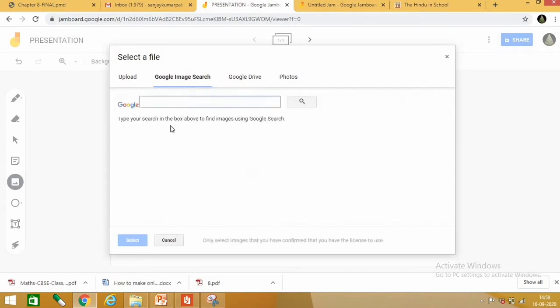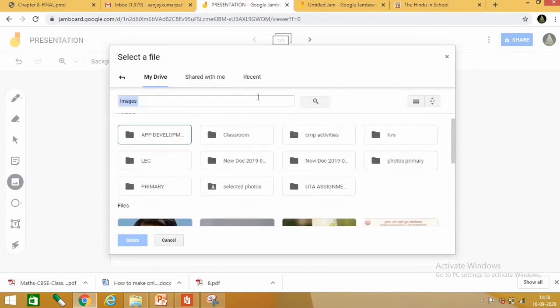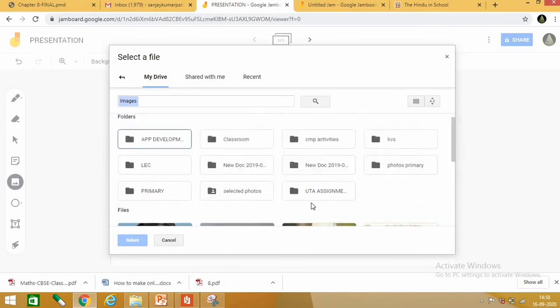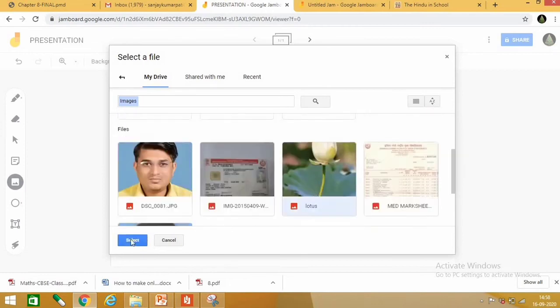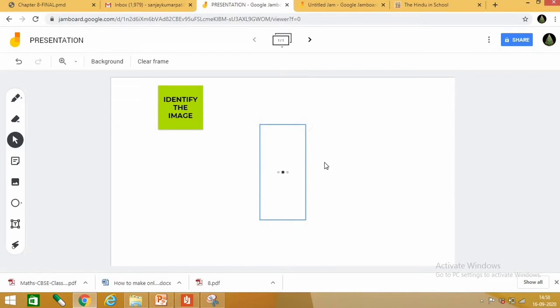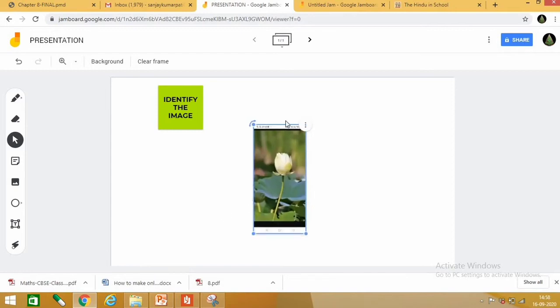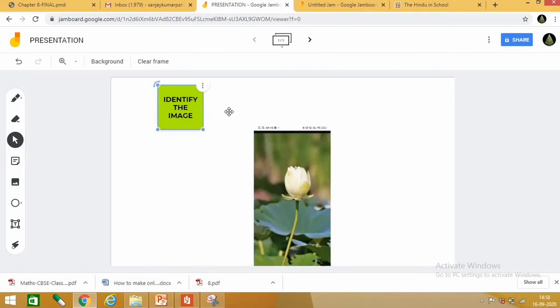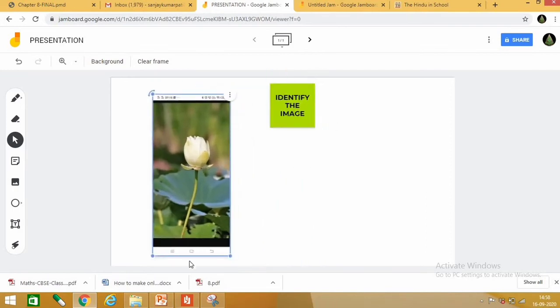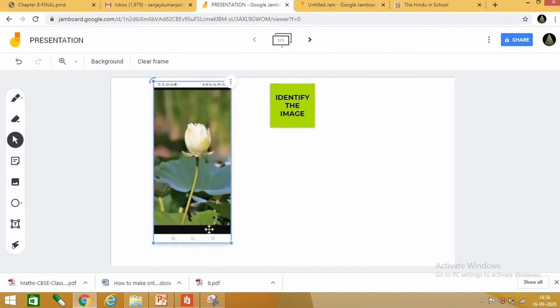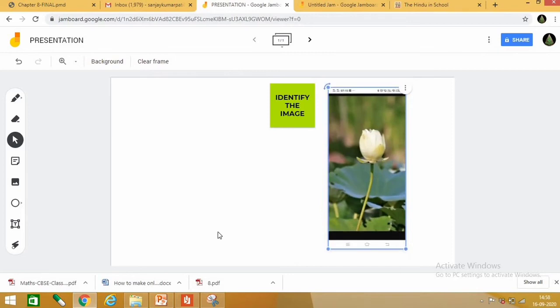Suppose from Google Drive I want to take a picture of a lotus, so click on that, select, so this is the image I got. So from here you can increase or decrease the size. So you can identify the image, what is it, you can ask the children. You can move it here also.